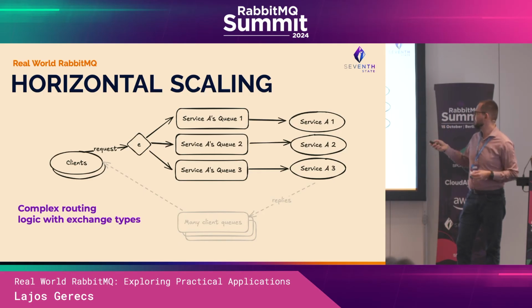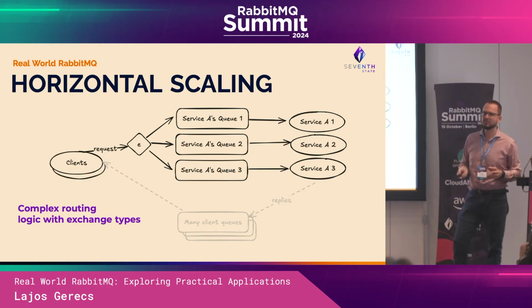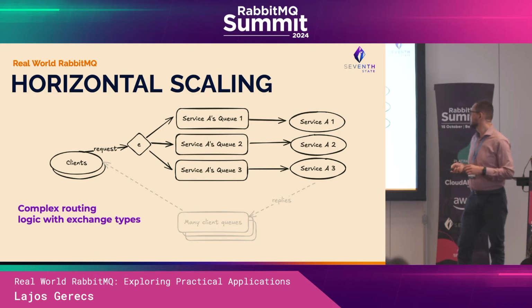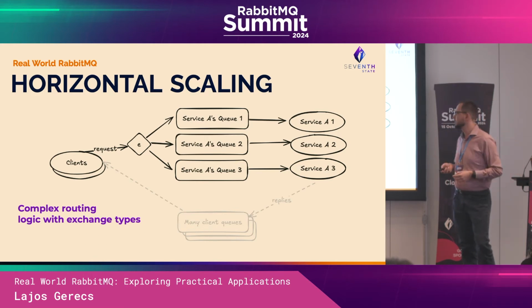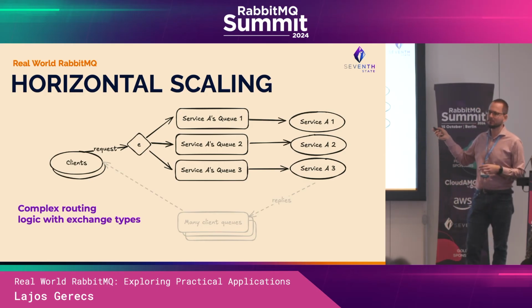Or allocate more memory or something like that. But this is very common in those kinds of scenarios where you have to keep the state for the service in memory, let's say allocated to a web user or something like that. You can implement this without the consistent hash exchange as well, with the topic exchange, for example. But then you have to keep the metadata